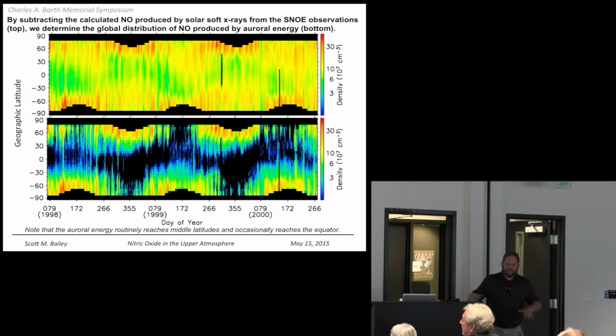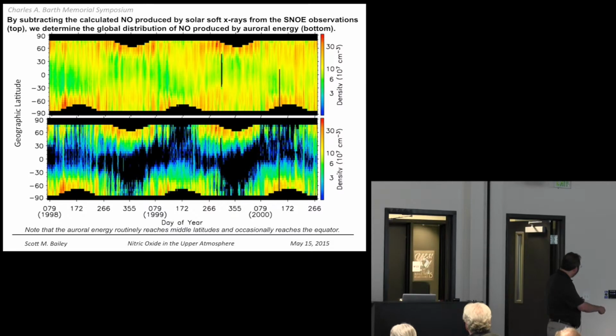And what he did was, when Barth became good at using the model to generate the solar photon-induced nitric oxide, he ran the model for all the locations and subtracted off all the NO that was created by solar photons, leaving at the bottom all the NO that's created by auroral energy, solar energetic particles, aurora. And when you look at that, there's a lot of amazing things in there. First and foremost, you see these dark regions that are all in summertime for every season, right? In the summertime, there's not much NO created by geomagnetic energy. In the wintertime, very large amounts of auroral-induced nitric oxide.